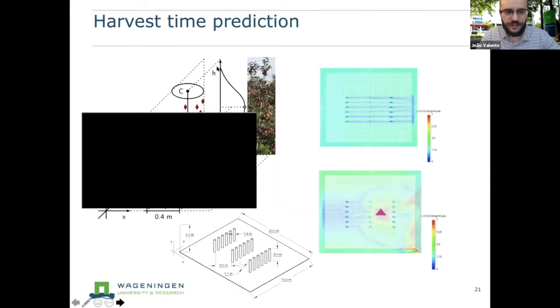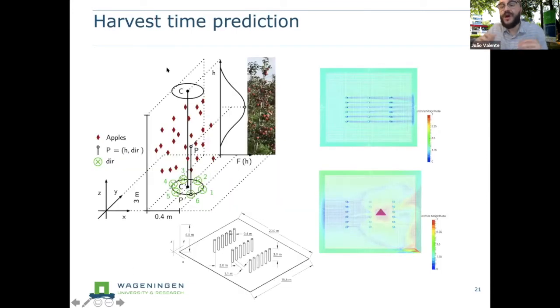Let's see if I can change it. Yes, and how did we do that? Because of course, GADEN is being used to have gas sources around the building, to test different kinds of robots, but it was never used for outdoor applications and applied to agriculture.